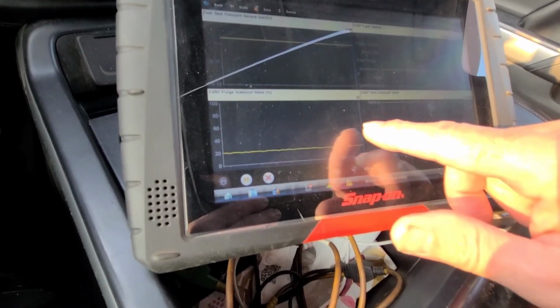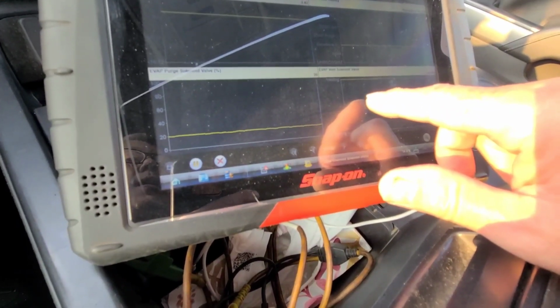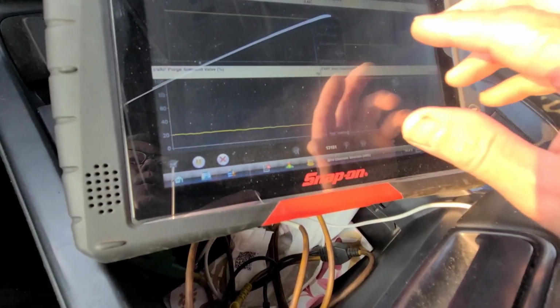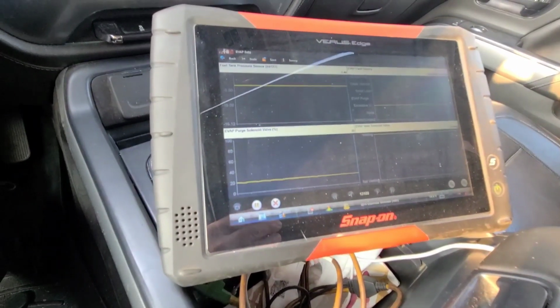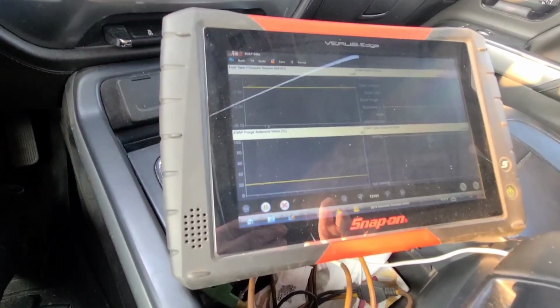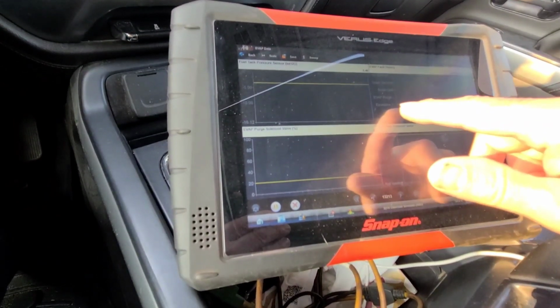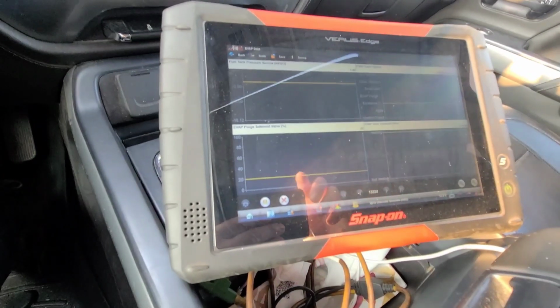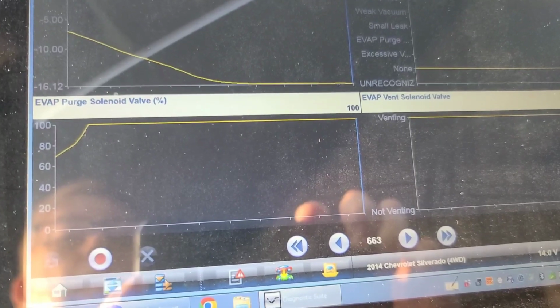And it's at 20% purge, and the vent solenoid is currently venting, so that seems reasonable. So I'm going to save this recording and then go back and analyze it. I think I caught it before. Well, I must have caught it, because we'll see what the value is when it's set the excessive vacuum. So I replayed the data very early in the recording,